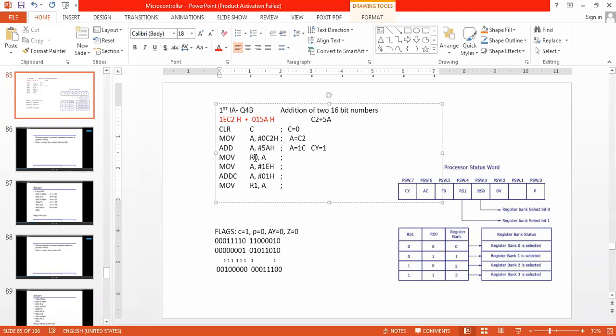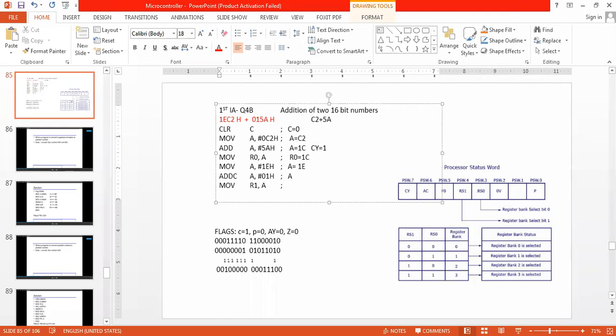What about the fourth instruction? I am moving the A value into R0. So R0 is equal to 1C. Then move A comma 1E, so A is equal to 1E. Then what is the value of A here?